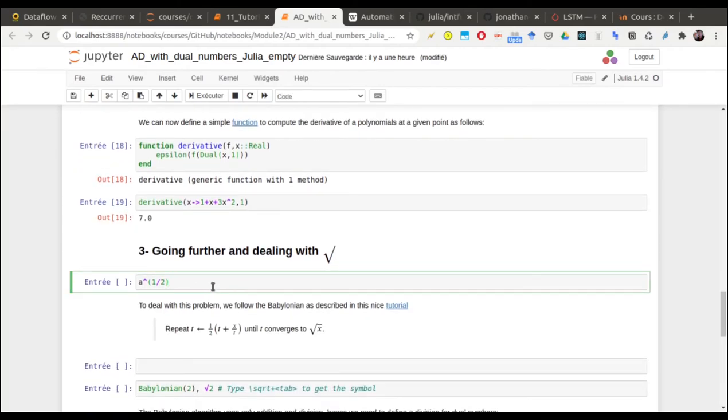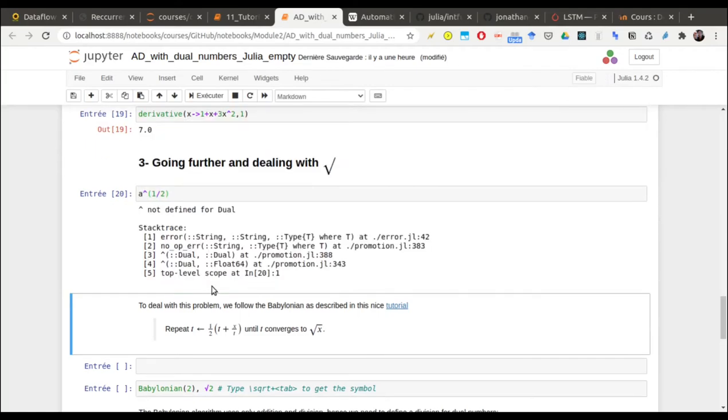So now let's do something a bit more tricky, which is what is presented in the video of Alan Edelman. So let's try, I want to deal with square root. The problem is that square root is not a polynomial function. So Julia does not know how to compute this. So it's telling you it's not defined for dual. So here,